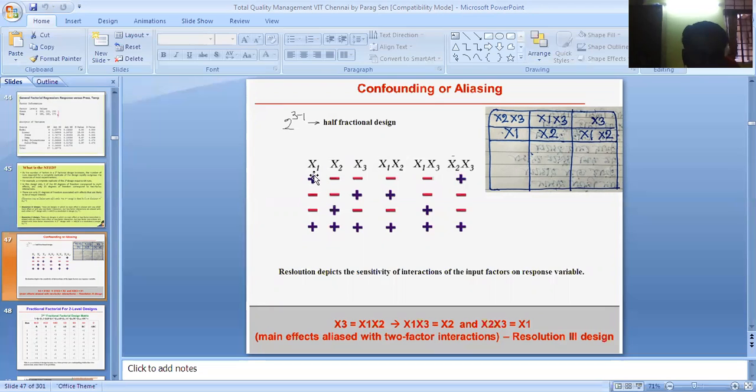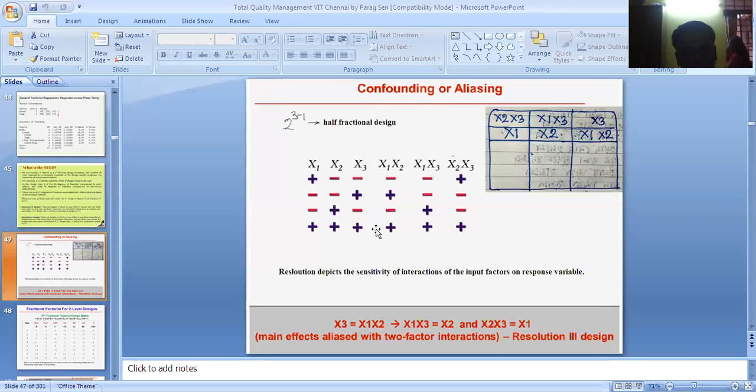You can notice here that in any run, if you consider, you can see that 2 factors are changing. For example, plus minus minus, minus minus plus, so this has been changed, this has been changed. Or if you take plus minus minus, minus plus minus, so this has changed, plus minus, this has also changed. If you see plus minus minus, then plus plus minus, plus minus plus, so these are 2 parameters or 2 factors getting changed. Okay,